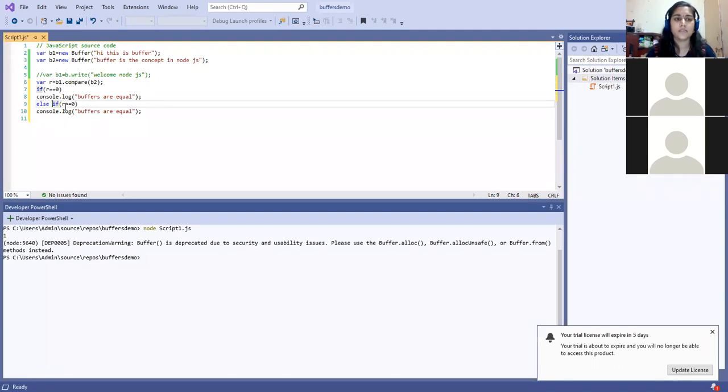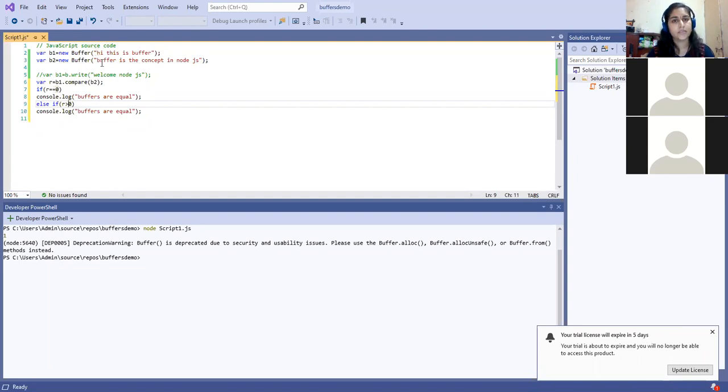Okay, so else if r is greater than 0, greater than 0 means it will return 1. When would it be 1? When the second string is greater. Here you can see the first string is smaller than the second string. It will compare one by one bits. So here you can see the number of bytes is greater in this string, so this string is larger than this one.